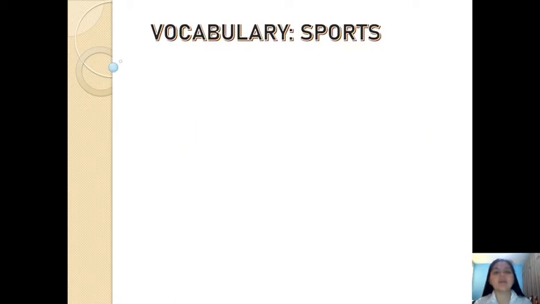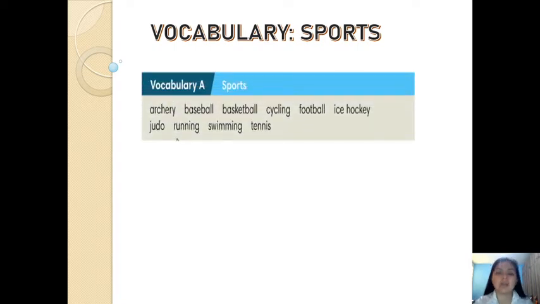Today we have the topic about vocabulary, okay? And let's start with the vocabulary of sports. You will find there vocabulary letter A, sports: archery, baseball, basketball, cycling, football, ice hockey, judo, running, swimming, and tennis,